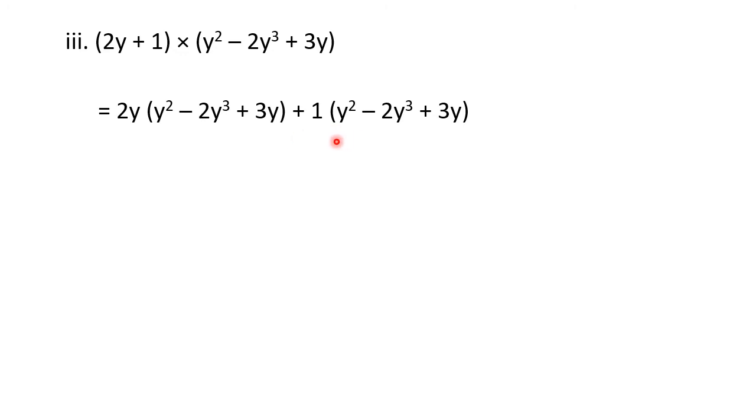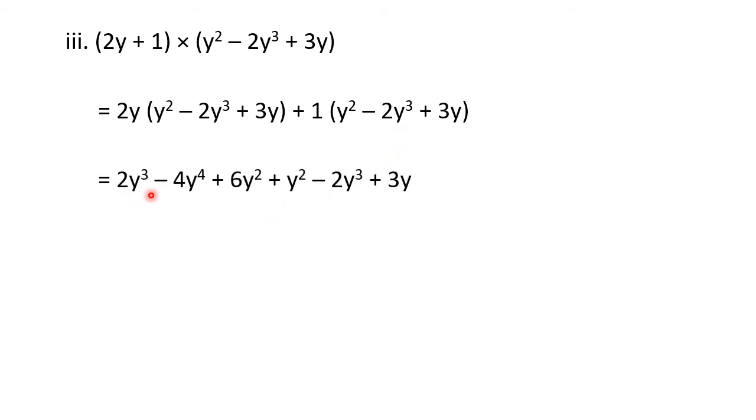And here, see, again you have 1 and a plus sign also. That means here no change will be there. So all these terms you will write as it is without the brackets, because when you multiply by 1, the answer remains the same. Okay, so this will be your answer.